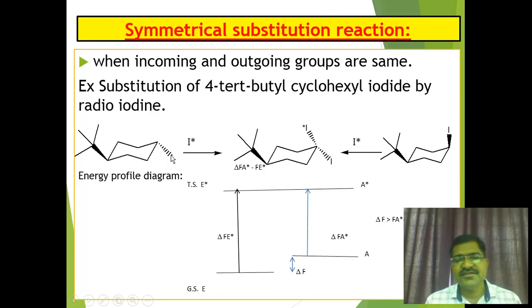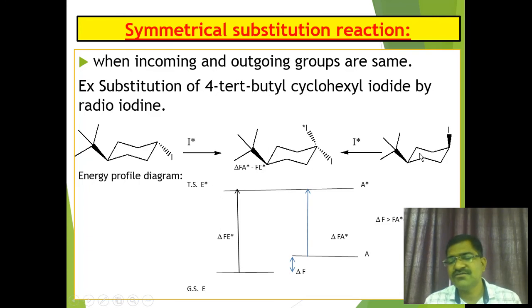Student friends, see, both isomers have an identical molecular formula, only the structure is different, the stereochemistry is different, and therefore this stereochemistry affects the rate of reaction. So the axial isomer reacts faster, the equatorial isomer reacts slowly. Why? Because the equatorial isomer is already stable at ground state, and it doesn't have a tendency to go toward the excited state.